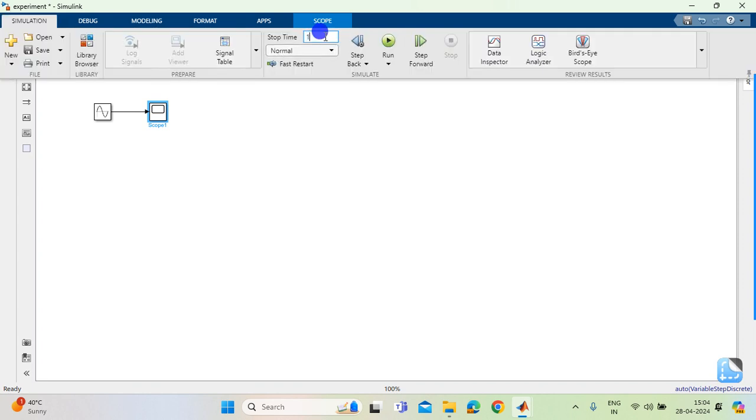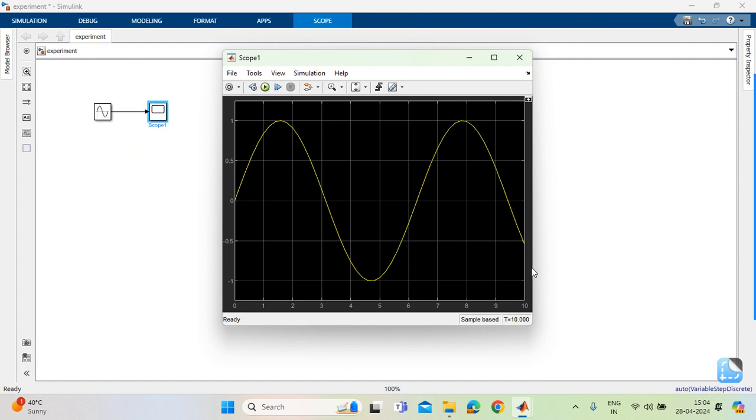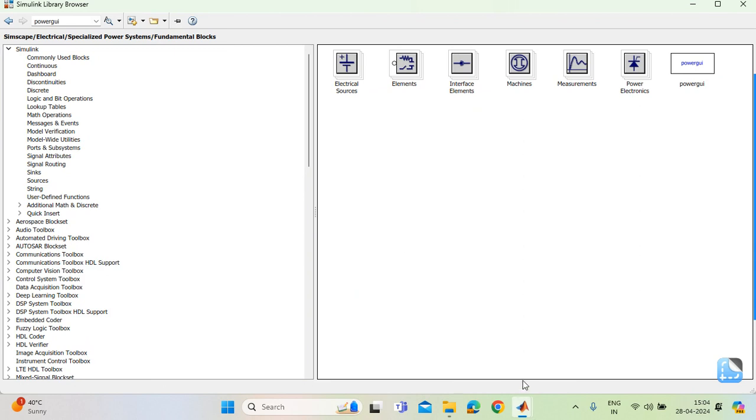Or say 10. Now you can see a complete half cycle of the sine wave. In this way I have just shown you that here you don't need a Powergui unit, but in our case the